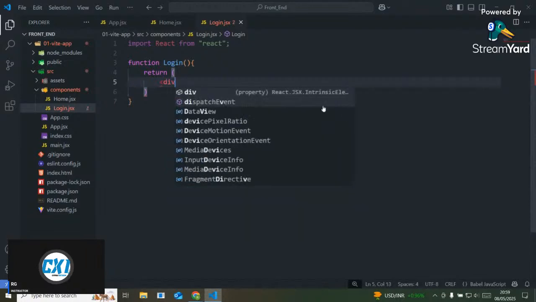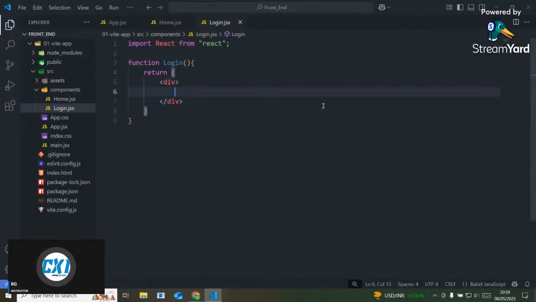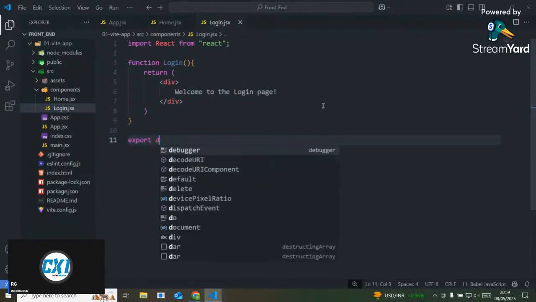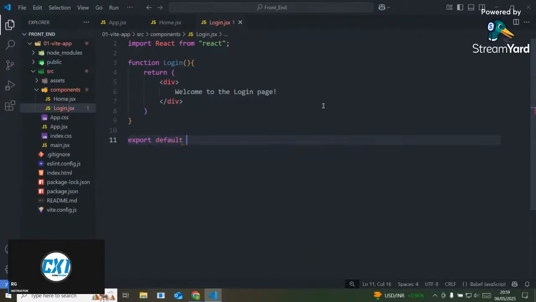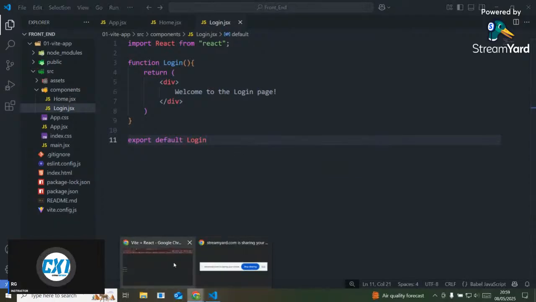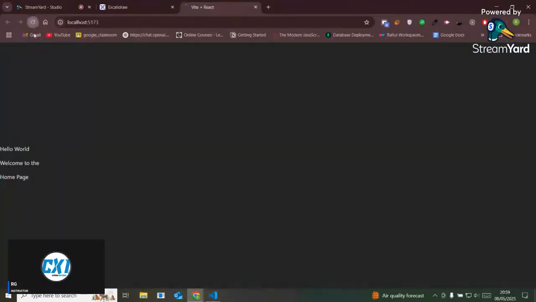So I can also return a div. Div is also known as an HTML element, now guys. And inside the div, I can mention welcome to the login page. Welcome to the login page, right? Okay. And finally, I can export it as default. Got it? Now, if I go to the web page, you can see the component is not being displayed because